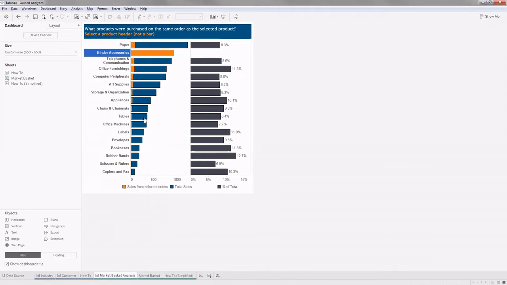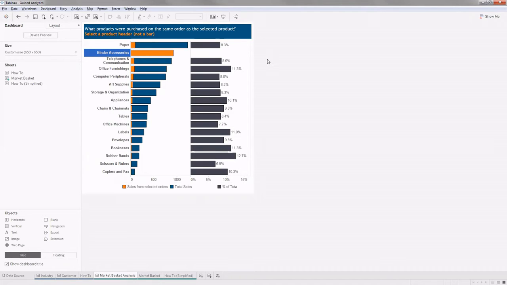Just before we get into the calculation, this sort of analysis is made possible by taking into account how the data is structured. If you remember the sample superstore data, it's in a way that a certain order ID can have multiple products in it.